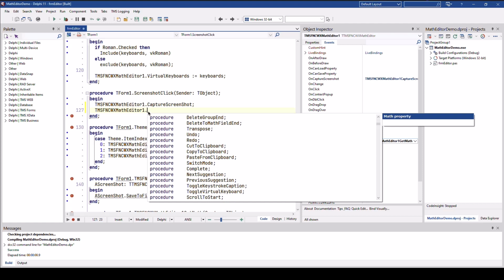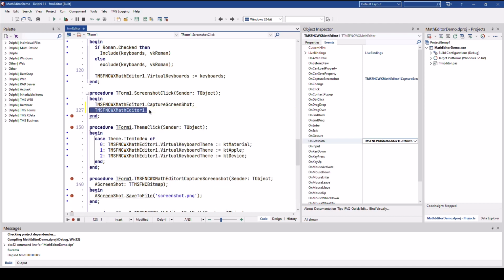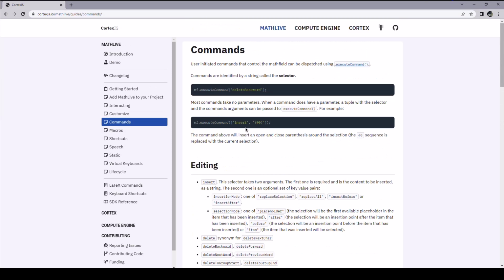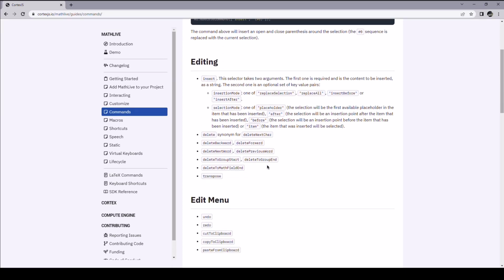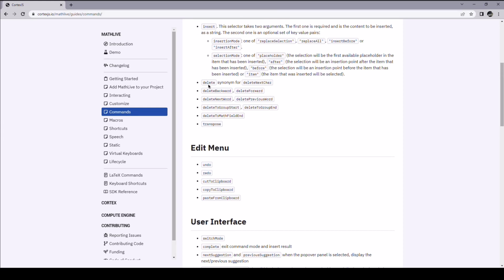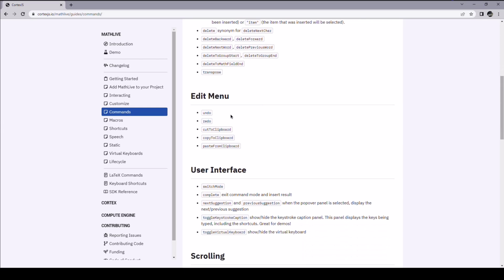If you want to know which methods are available, in addition to the developer documentation from TMS, a link is given to the documentation of the original underlying JavaScript web control called MathLive. And the listing of all the commands gives you all the different editing commands, like I just mentioned, delete backward, and of course the edit menu for undo, redo, cut to clipboard, copy to clipboard. Everything is supported. Very well chosen method names.